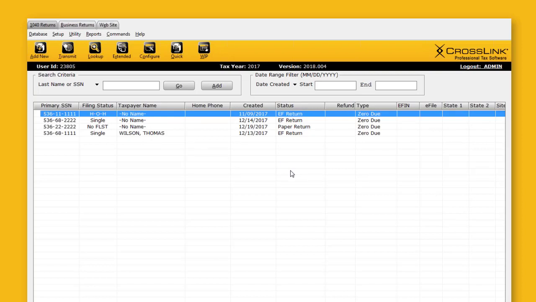Now, we go ahead and we put them in the order. The default is chronological order by social security number. But let's say you would like to look at your started returns a different way. In other words, if you wanted to look at it by taxpayer last name or home phone number created,